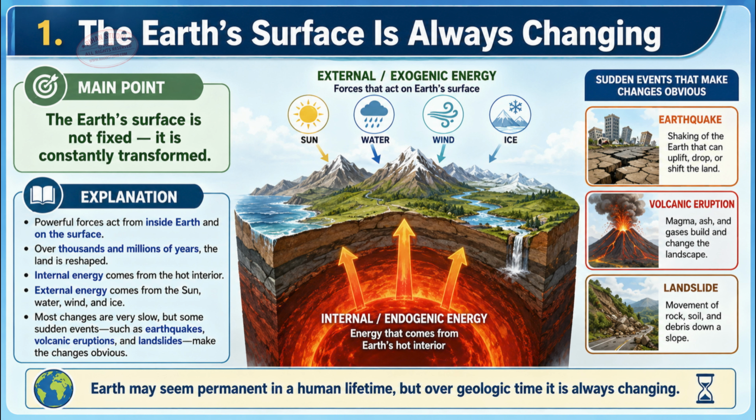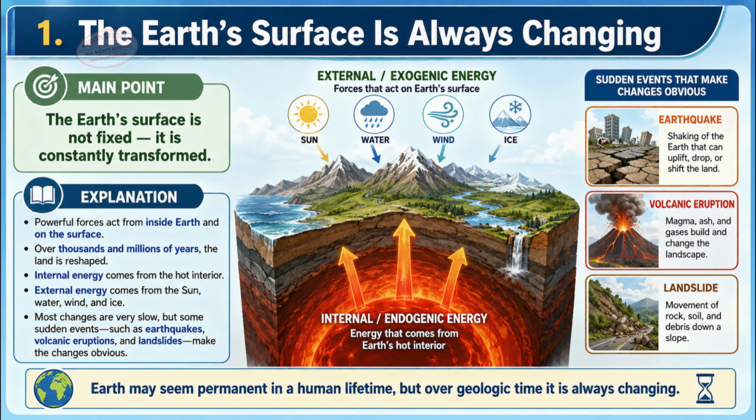Introduction and the big picture. The Earth's surface is always changing. The Earth's surface is not fixed. It is constantly transformed. Powerful forces act from within the planet and on the surface, slowly reshaping the land over time. The Earth looks permanent within a human lifetime, but over thousands and millions of years, its surface is completely